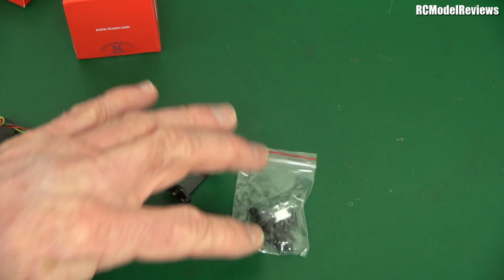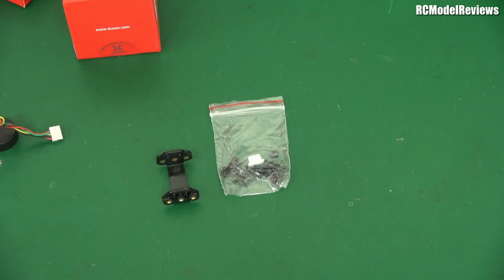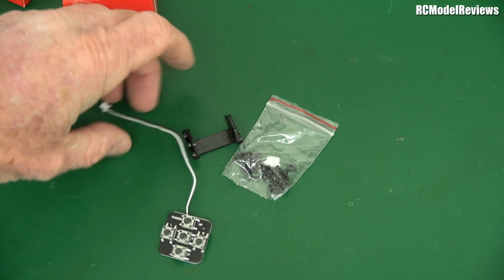You also get a whole lot of nuts and bolts and screws and a bracket adapter and a bracket, but I've used the bracket because I've already mounted it on a plane. There's a little thing which I've lost already, which has some instructions, or it tells you where to find your instructions. All pretty standard stuff. And it has a little board, which I'll have to go and get. Jump cut, I'm back. It has a little clicky button board, so you can adjust the camera settings. And there's quite a few settings, although